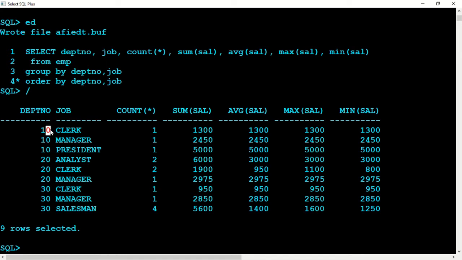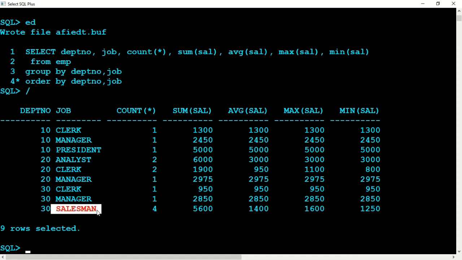That means clerks are there in each department. So that's why it is showing you 3 times, 1, 2, and 3, because the clerks have been divided three times. Why? In every department there are clerks. And how many clerks are there? It's showing you here: there's a clerk here, there's 2 clerks here, there's 1 clerk here, right? Similarly, managers: there are managers in each department. Here's the manager in department 10, the manager in department 20, the manager in department 30, right?